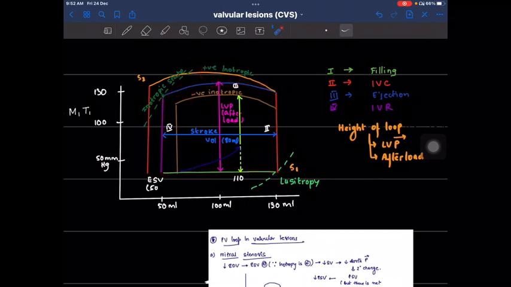All right. So this is the starting point. When you start from here, you'll see that this graph is going horizontally forward. So what does this line suggest? This suggests that the volume is increasing, right? Because we are moving ahead on the x-axis. But at the same time, your pressure is constant, right? So what phase of the cardiac cycle can you think of where the volume is increasing, but the pressure is not increasing? Of course, that is the filling phase. Okay, the ventricle is receiving the blood.